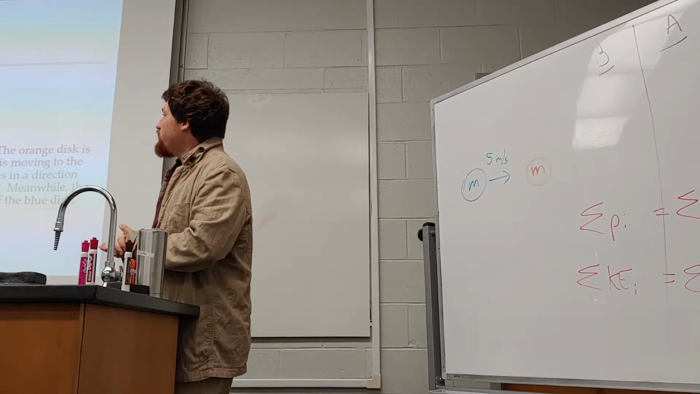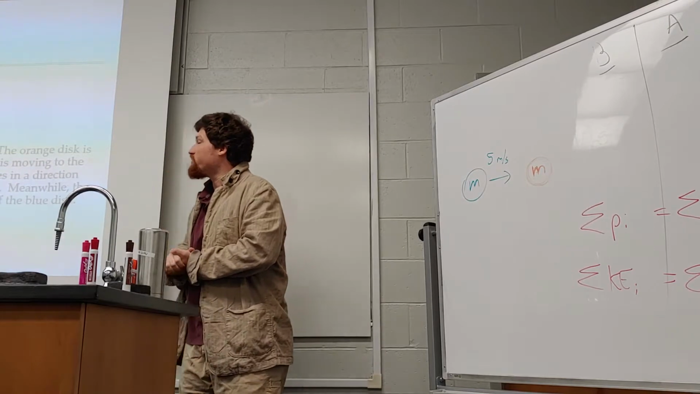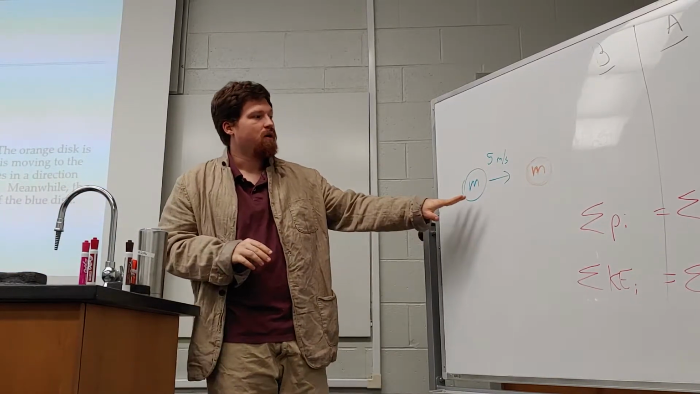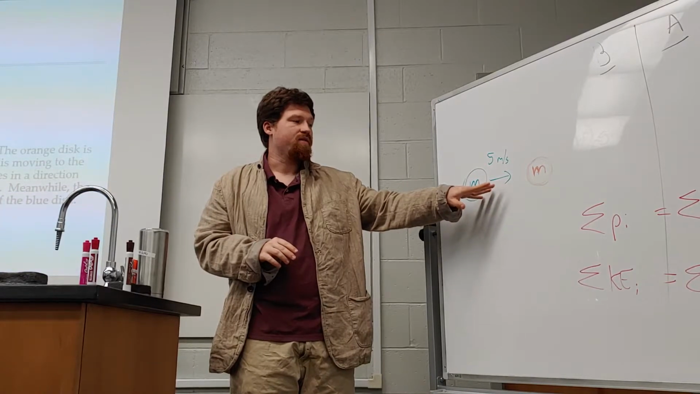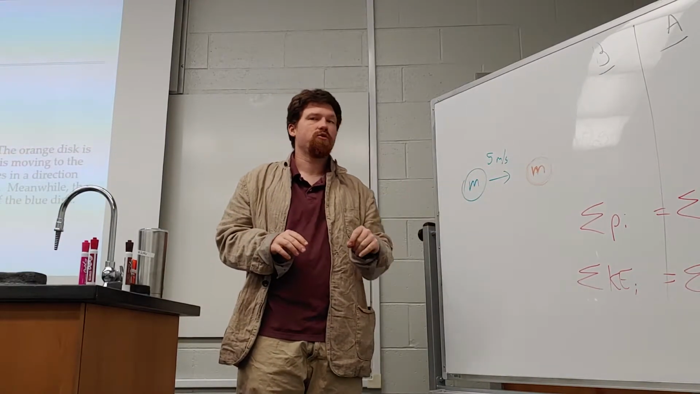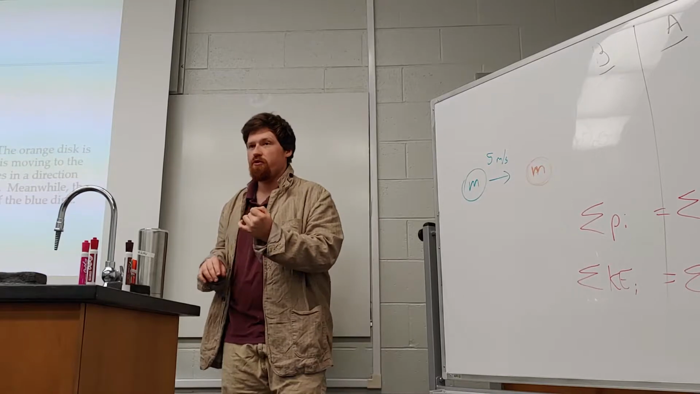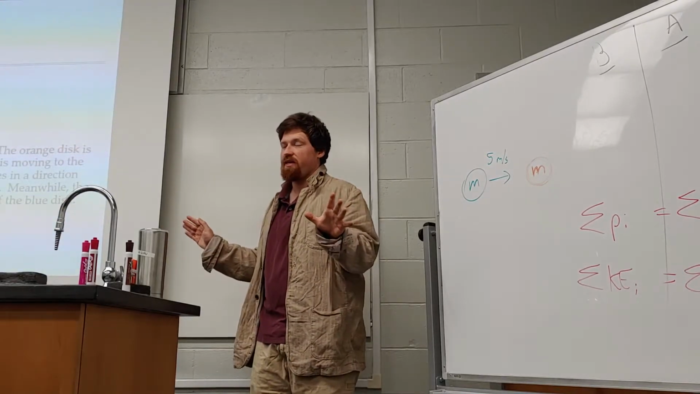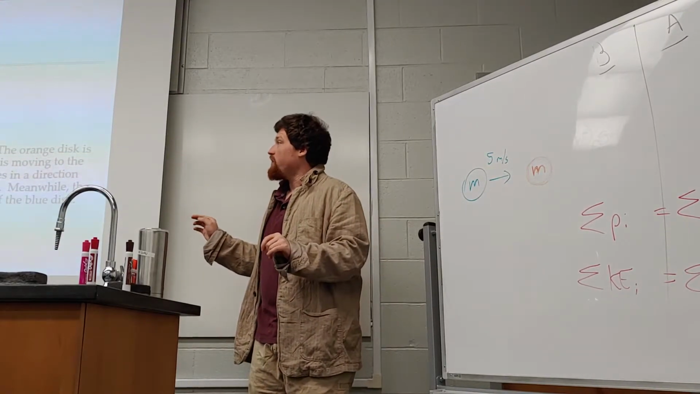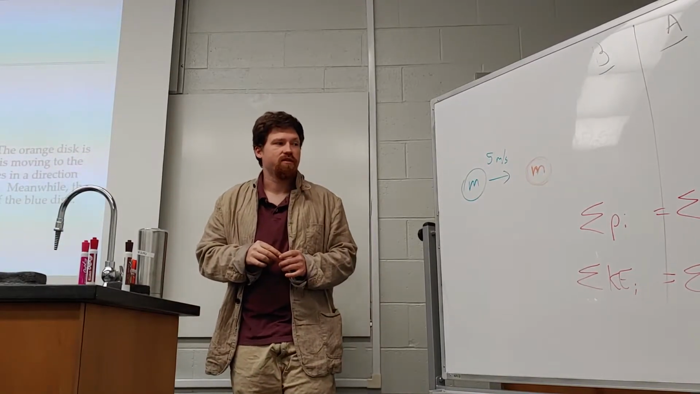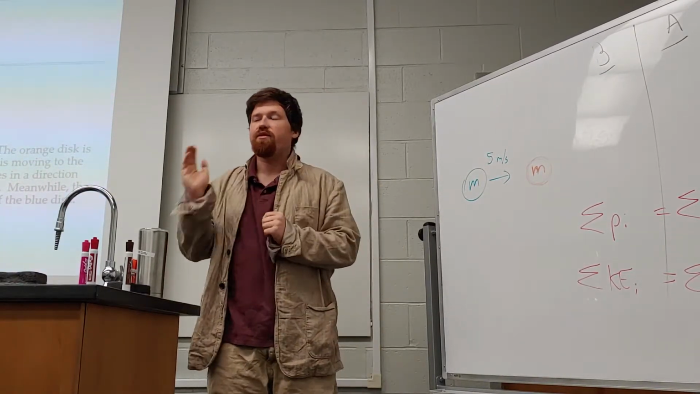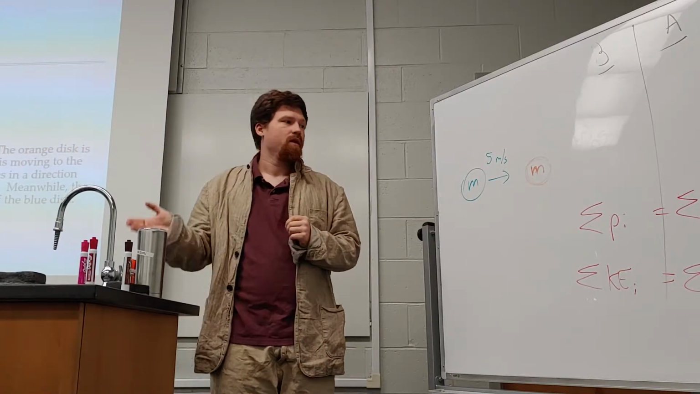So, these two disks, one is orange, one is blue, are going to collide, and they have equal mass, and the collision is going to be perfectly elastic. We can assume that all of the kinetic energy is maintained. The blue disk is initially moving at 5 meters per second. The orange disk is initially stationary. They have the same mass, and